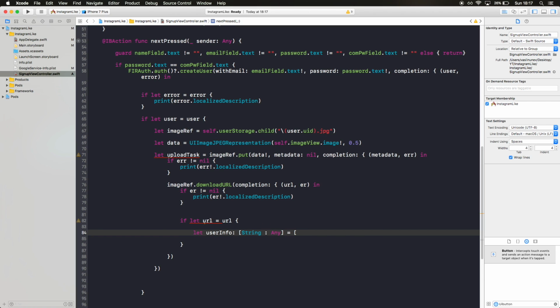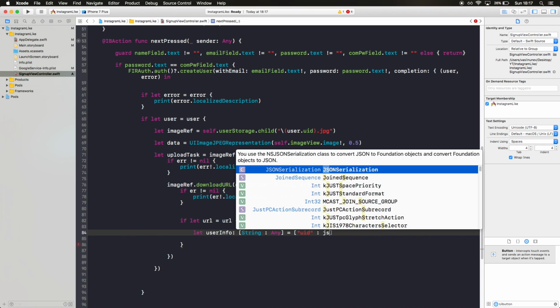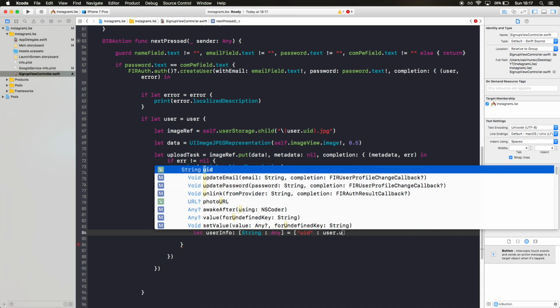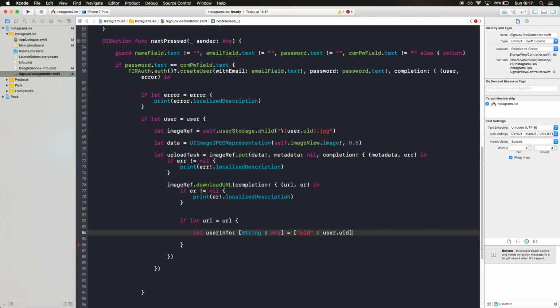And what you want is a few things. First thing that you need is a user ID, so I'm gonna call it UID, and this user ID is gonna be user.uid. What else do we want? If you press tab to put everything underneath, actually I want a comma for this, and the brackets are not gonna close yet. Okay, we want the full name